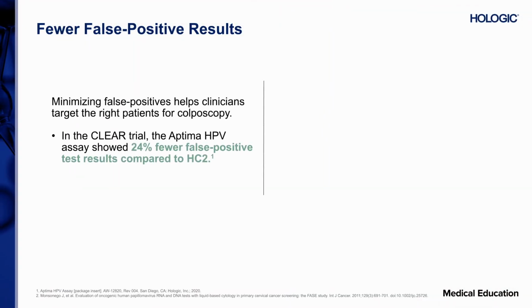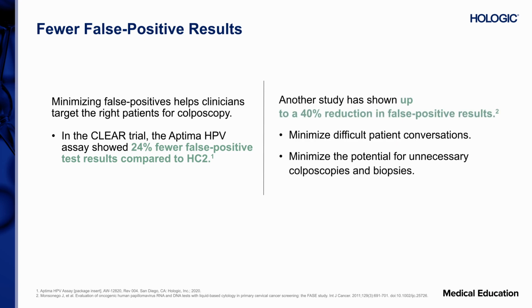So what does this increased specificity mean? It means fewer false positives. Minimizing false positives helps the clinicians target the right patients for colposcopy and ultimately treatment. In the CLEAR trial, the Aptima HPV assay showed 24% fewer false positive test results when compared to Hybrid Capture 2. In the Montenegro study, it showed up to a 40% reduction in false positives. This increased specificity minimizes difficult patient conversations, minimizes the potential for unnecessary colposcopies and biopsies, and thus minimizes the harms